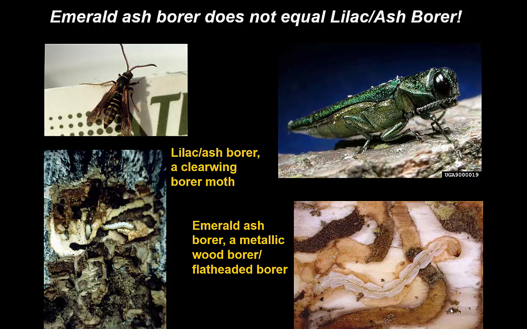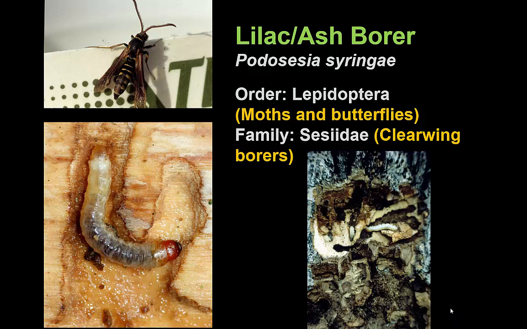So maybe a review of these 2 insects, the lilac ash borer and the emerald ash borer, is appropriate to understand how these are different and to reinforce the differences between these kinds of wood-boring insects, metallic wood borer versus a clearwing borer. So the lilac ash borer is in the clearwing borer family,